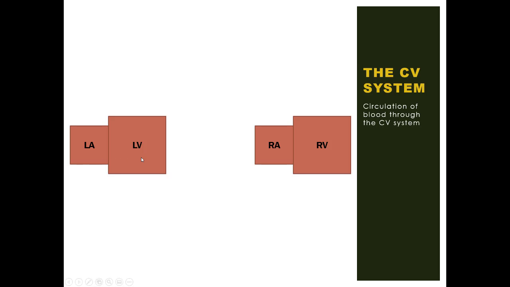On the left, we have the left atrium and the left ventricle. Now in a textbook, the right and left compartments will be flipped because it displays the heart from a first-person view. So in a textbook, the right atrium and ventricle will be on your left. But this illustration here is just an abstract visual to provide a simple depiction of blood circulation through the cardiovascular system.